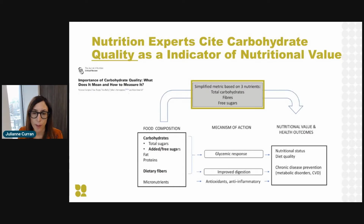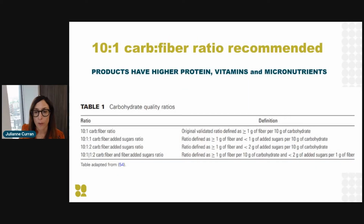And as you can see by this figure, the composition of food and the different nutrients are, of course, going to contribute to how that food is digested, the glycemic response, the digestibility, and all of that contributes to nutritional status. But what nutrition experts have noted is that if you just looked specifically at 3 nutrients, carbohydrates, added or free sugars, and dietary fiber, that provides a significant indicator of nutritional value of a food product. And so they have also proposed that you can use a ratio of those nutrients, carbohydrates, fiber, and added sugars,